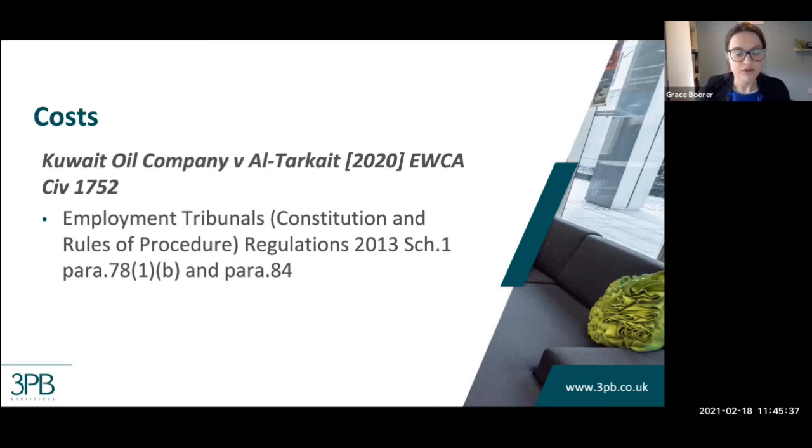The Court of Appeal rejected that argument and upheld the decision both of the Employment Tribunal and the EAT. They concluded that there's nothing in the rules themselves which allows an exclusion of the consideration of a party's ability to pay when deciding what the maximum amount of the specified part of costs should be. So essentially, the Court of Appeal approved the ability of the Employment Tribunal to place a limit on the maximum amount of costs to be paid, which can then be subject to detailed assessment.